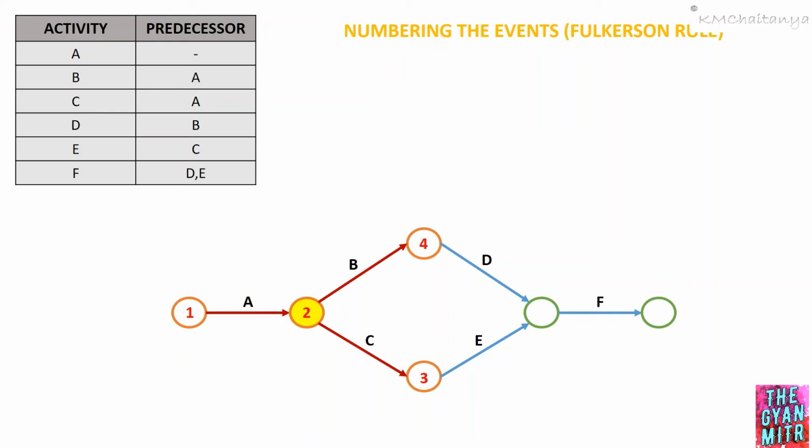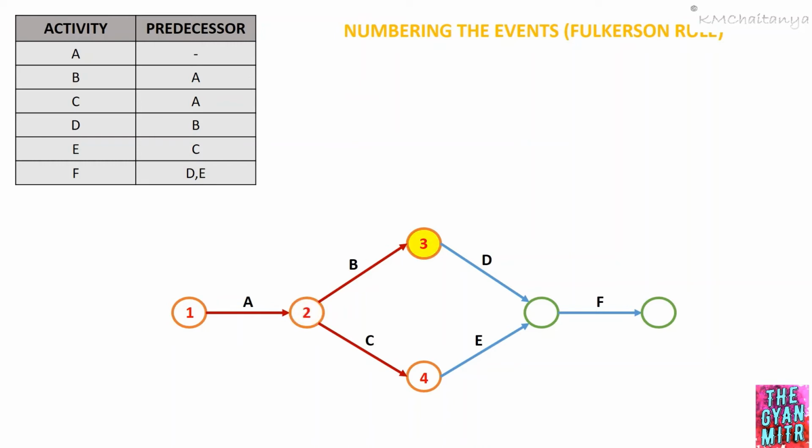This is because the activities B and C are parallel activities. Now, after event 2 is completed, we have to move to the next higher event, that is event number 3. This is very important. We cannot skip any of the numbers of the events. After event 2, we have to move to event number 3. You cannot move to event 4 unless we have completed event number 3. Therefore, now we'll move on to event number 3.